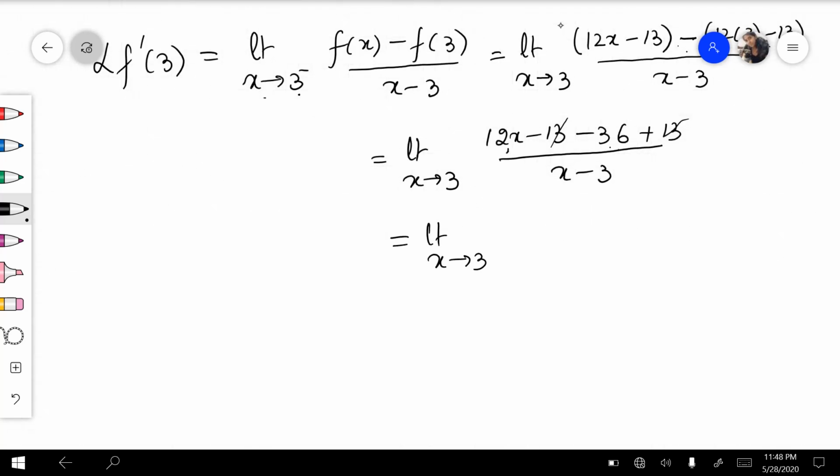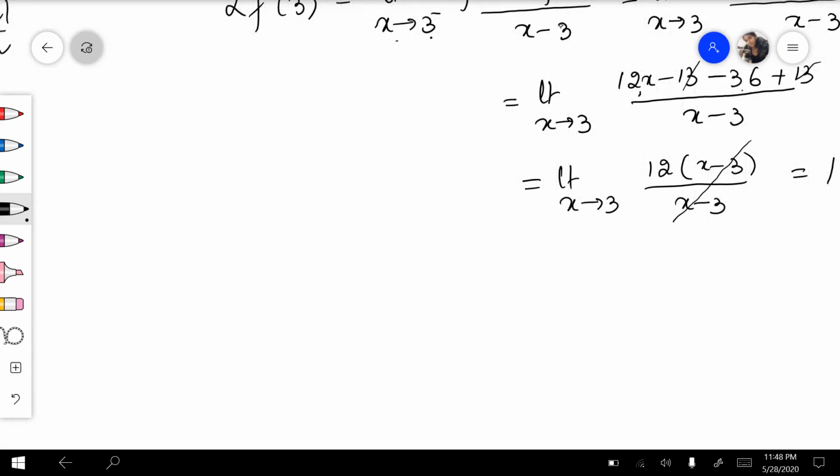लिमिट x अप्रोचेस टू 3, 12 टाइम्स x माइनस 3 अपॉन x माइनस 3, और ये x माइनस 3 कैंसिल, और x माइनस 3 कैंसिल होते ही 0 बाय 0 फॉर्म खत्म। जो हमारे पास रिजल्टिंग नंबर दैट इज इंडिपेंडेंट ऑफ x, सो इट इज 12। नाउ राइट हैंड डेरिवेटिव एट 3, this is equal to